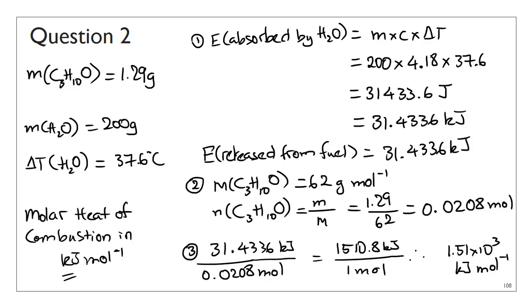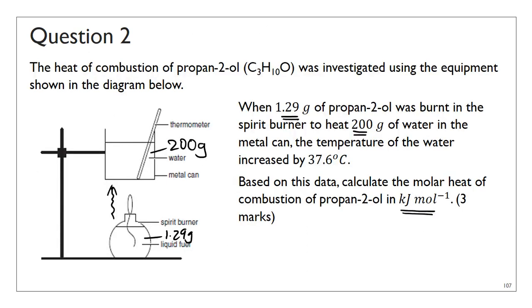So when we go back to the setup in question 2, I think it's very obvious that not all of the heat released from this combustion is going to actually be absorbed by the water. And the question is asking you to work out what percentage of heat release actually gets absorbed. So in order to do that, percentage efficiency is essentially the efficiency of the setup. If the setup is 100% efficient, it means that there is no heat being lost to the surrounding. So percentage efficiency, which is the same as percentage of heat absorbed,